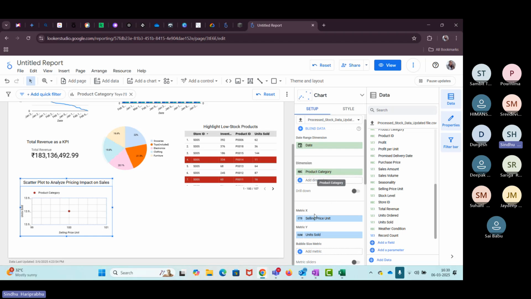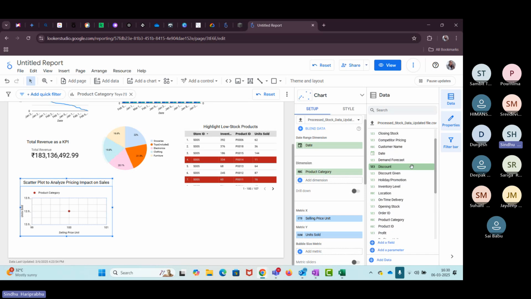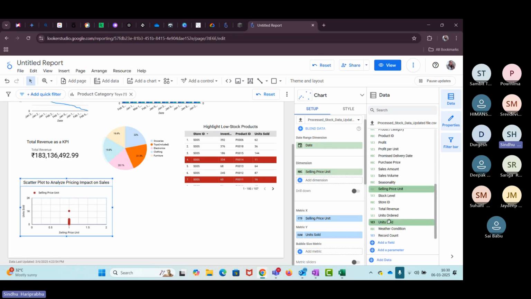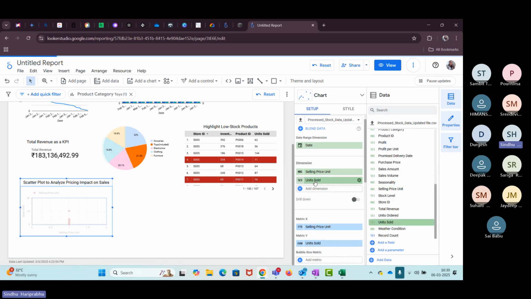We can also see what happens if by mistake you add the selling price and unit sold under dimension. What happens exactly: selling price and unit sold. It gives the wrong result.